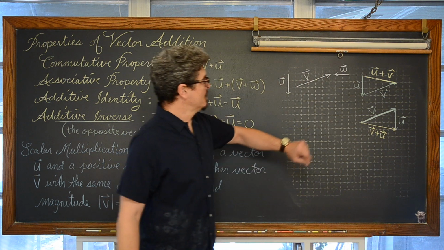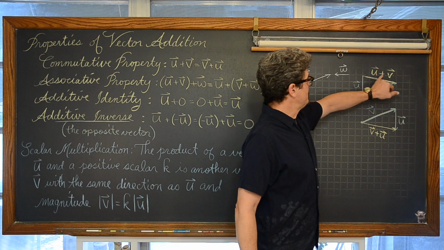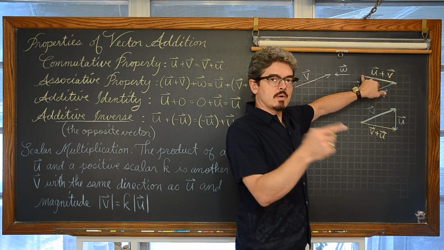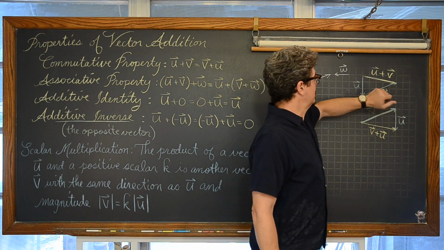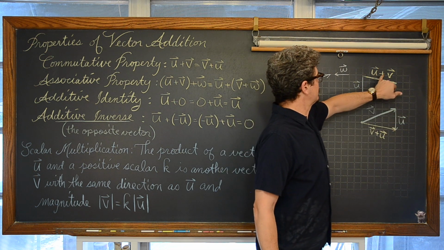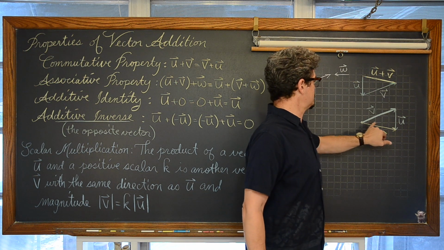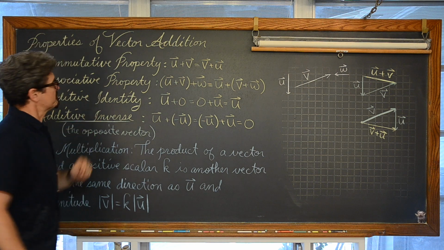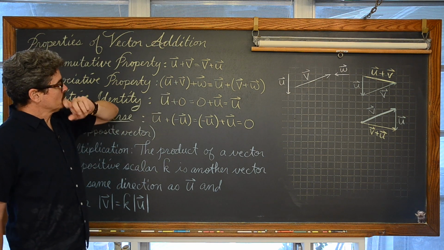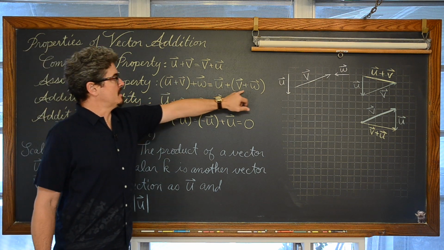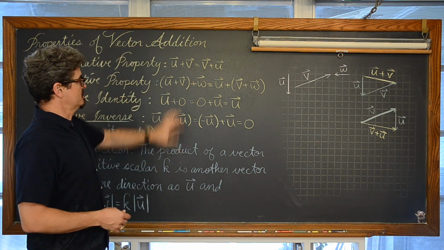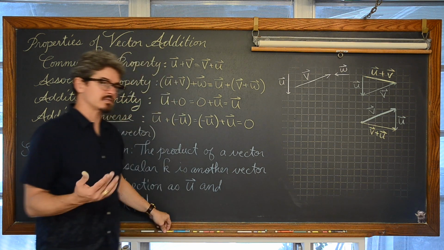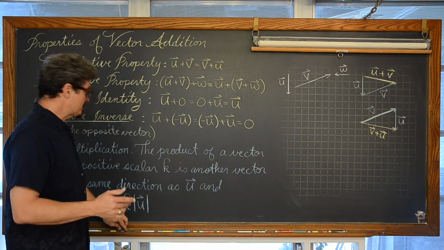Well, look here, so we have 2 resultant vectors, u plus v, v plus u, both in the same direction and same length. And in their component form, 1, 2, 3, 4, 5 over, 1 down, 1, 2, 3, 4, 5 over, 1 down. Now the associative property says that if you take vectors u, v, w, it doesn't matter the order in which you do the addition. You can do the first 2 first or the second 2 first and group those additions together, just like with our normal associative property for addition.